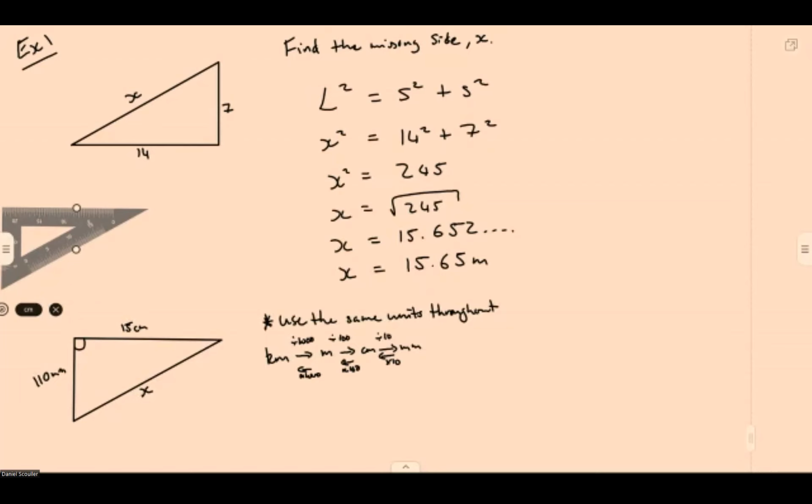All right, so there's 1,000 metres in a kilometre, 100 centimetres in a metre, 10 millimetres in a centimetre. They might throw something in there just to confuse you a little bit. So 110 millimetres is going to be 11 centimetres. And then it's just Pythagoras. Long side squared equals short side squared plus short side squared. x